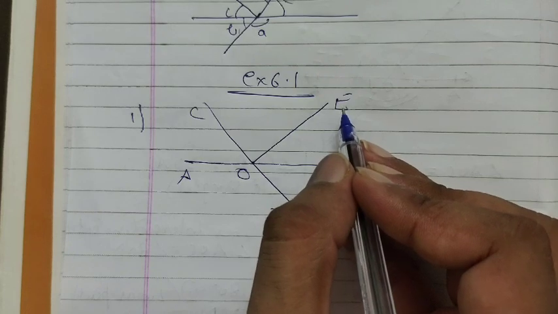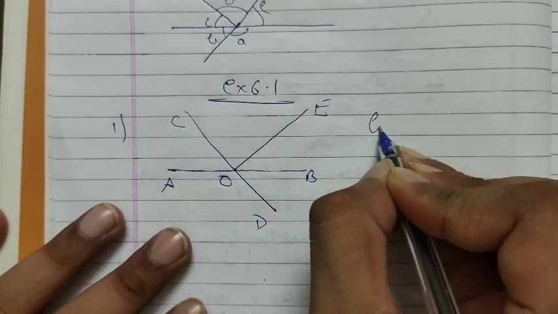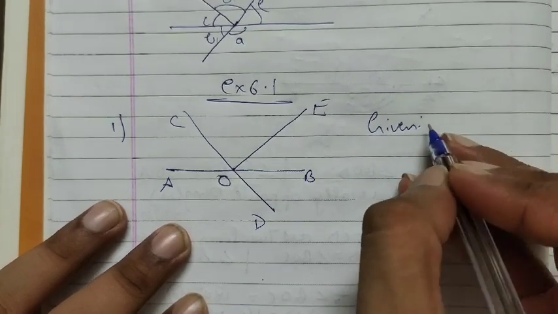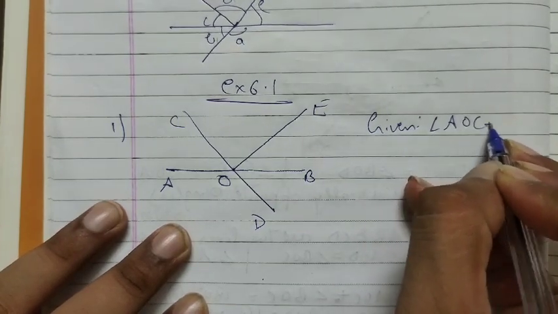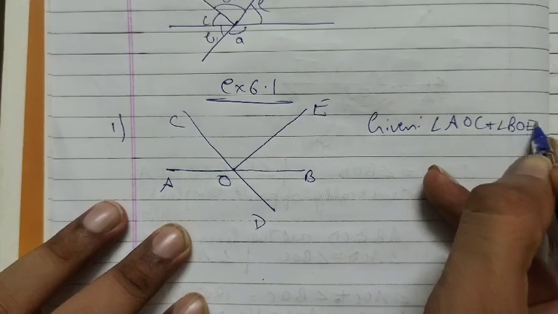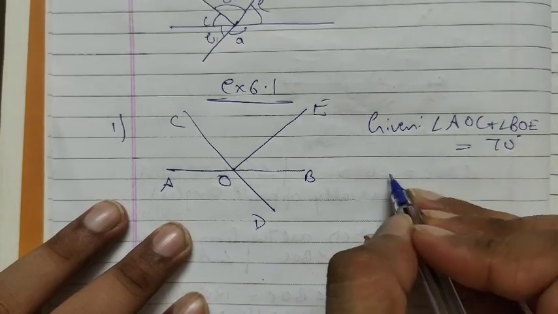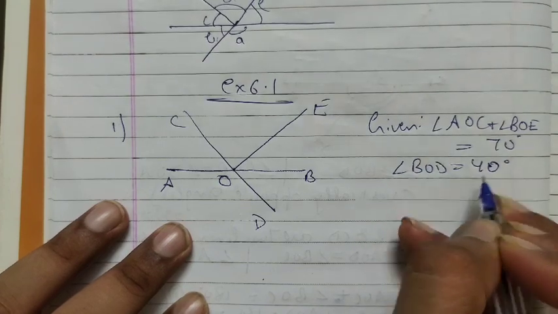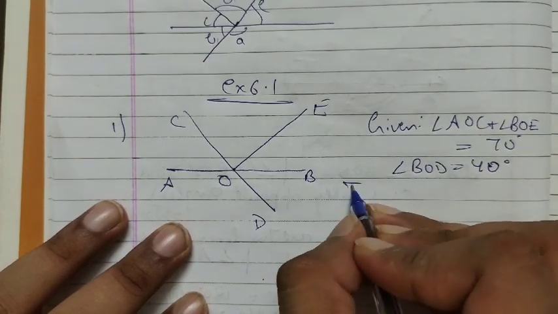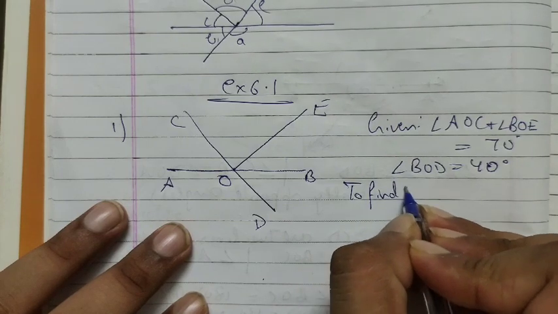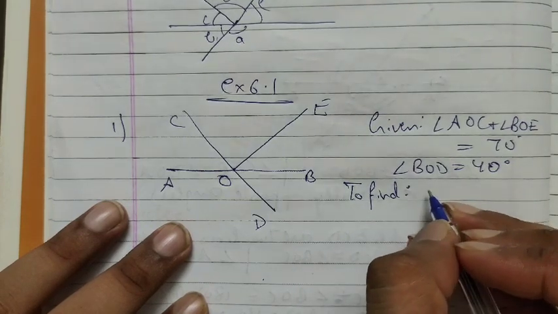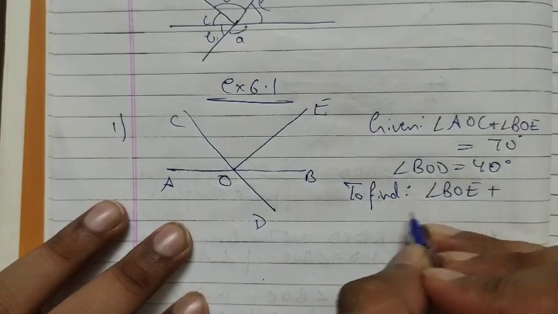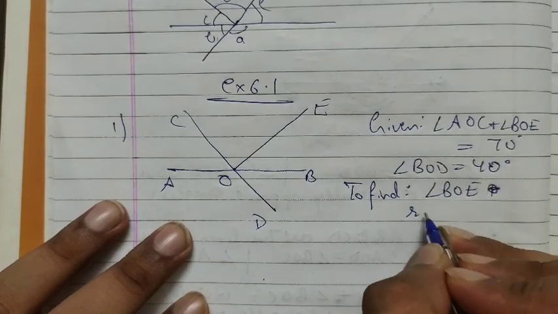Now what is given to us? Write down the given values. These lines intersect at O. Angle AOC plus angle BOE is equal to 70 degrees and angle BOD is equal to 40 degrees. Then write down what we have to find, whatever you have to determine. We have to find angle BOE plus reflex angle